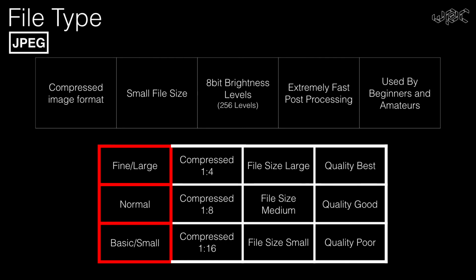Also, if you do not have experience with RAW file processing using Photoshop or Lightroom, there is no point of shooting in RAW format. Now, all cameras come with three options to choose from for JPEGs. These are fine, normal, and basic. Their comparison can be seen in this slide, where the major difference is in compression ratio, which means that a fine JPEG will have much better quality than a basic JPEG. We recommend clicking in JPEG Fine always.